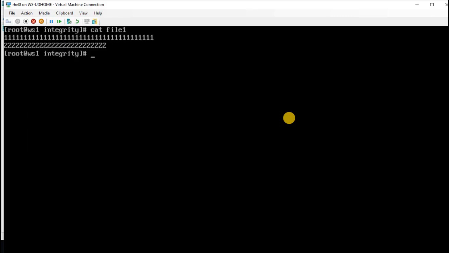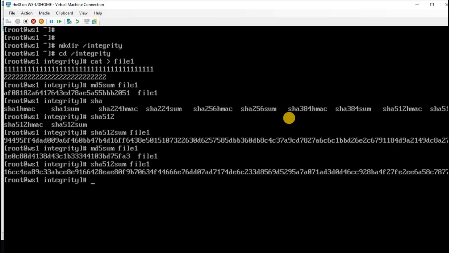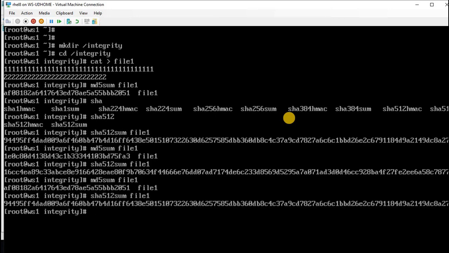Yeah, now it's deleted. I'll come back to my old window. Again I will run the same command. Is it correct now? You can see here 944. Similarly, AF08. You can see the first line of what we ran. AF08. Yes, it is correct. You understood now? If there is a small modification in the file, we will come to know.